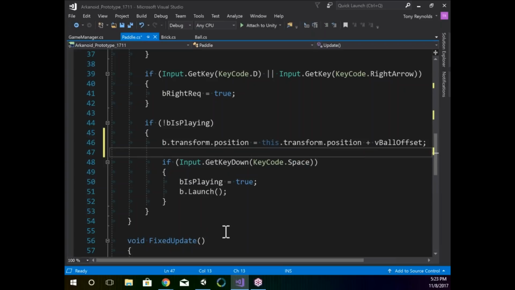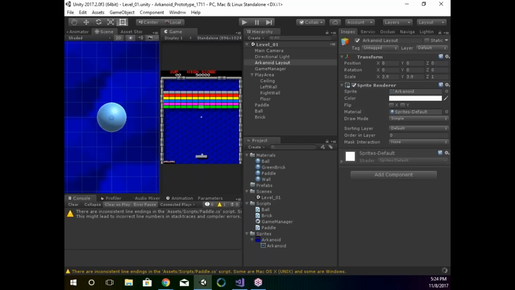Okay. So now all I'm doing is repositioning things based on, put the ball where the paddle is and include the offset. Okay, so if I save and jump back over to Unity,